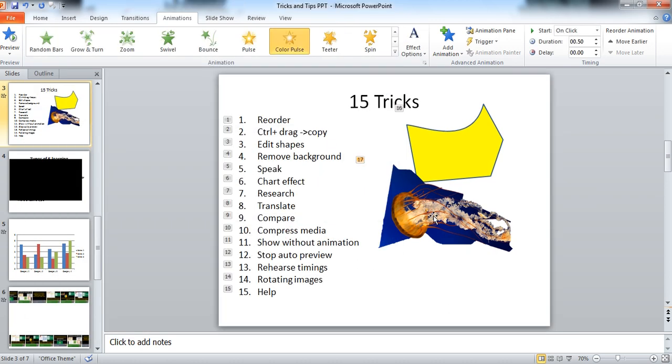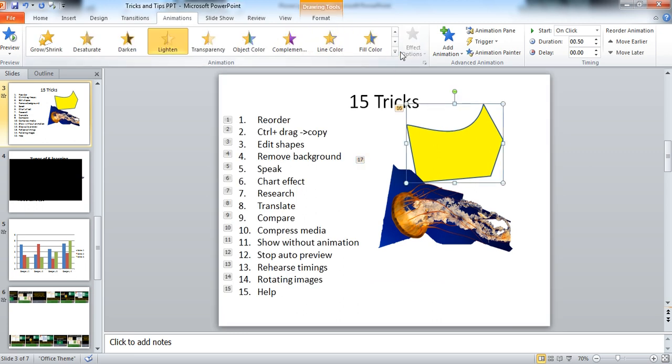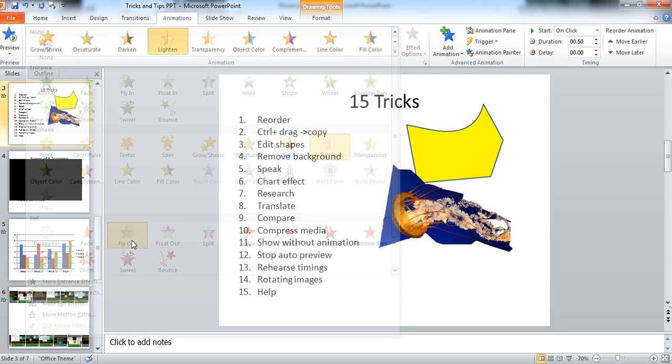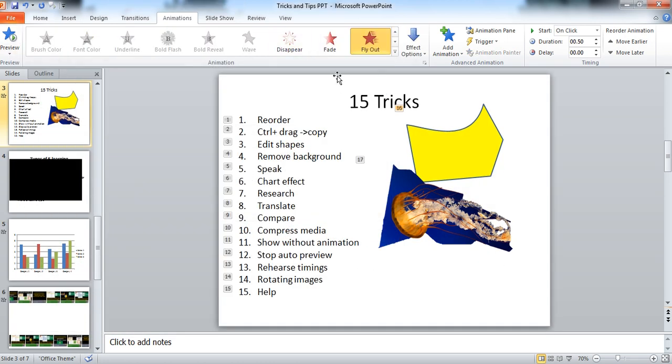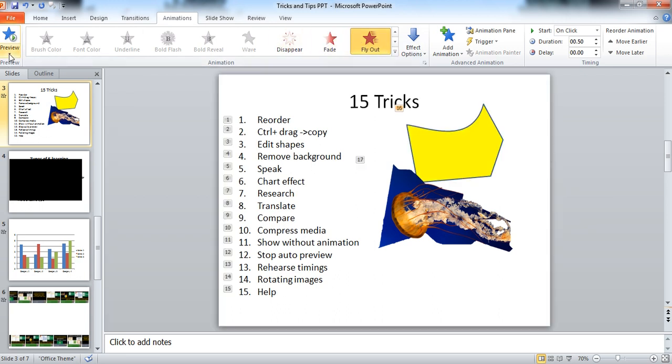At that time it takes a lot of time to complete these different animations. So at that time you can stop this. It's showing automatically when you are moving over these different animations. So click on Preview, then click on Auto Preview.